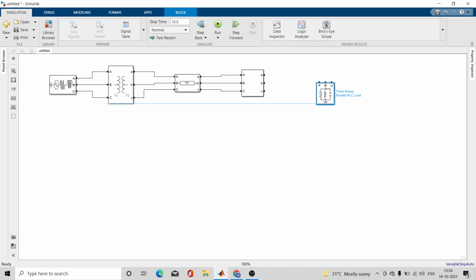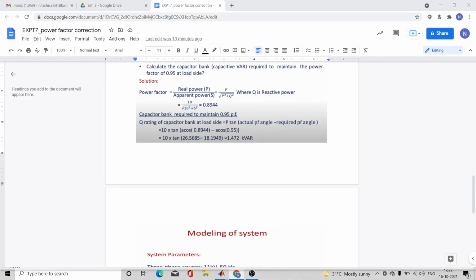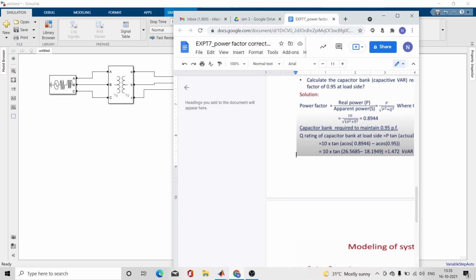Yes, and at last let us connect it to the corresponding loads. Yes, so let us configure it, and let us see what we want.